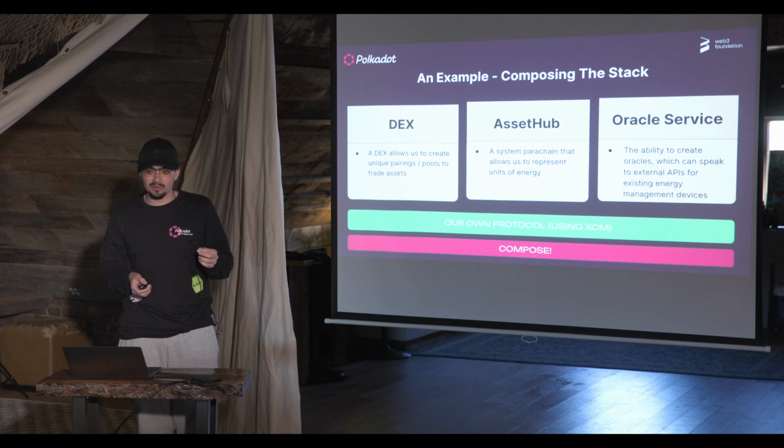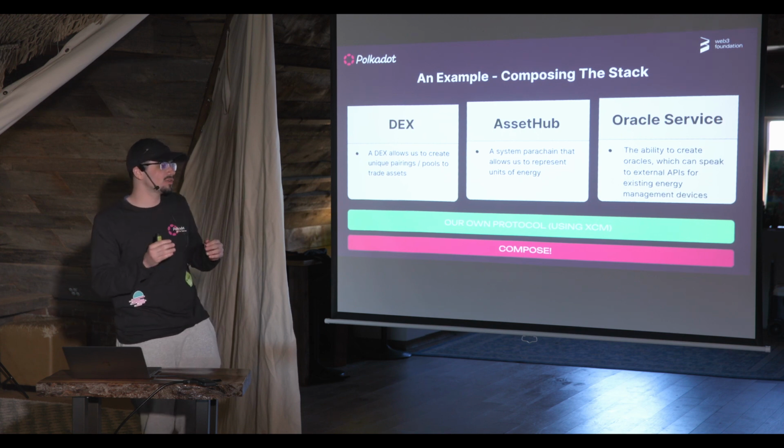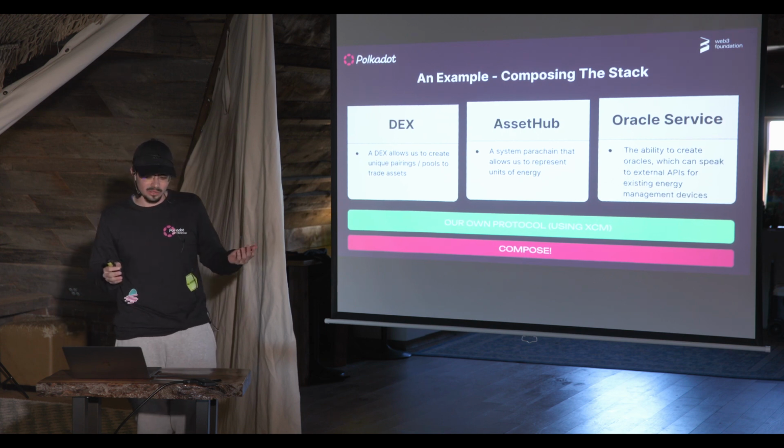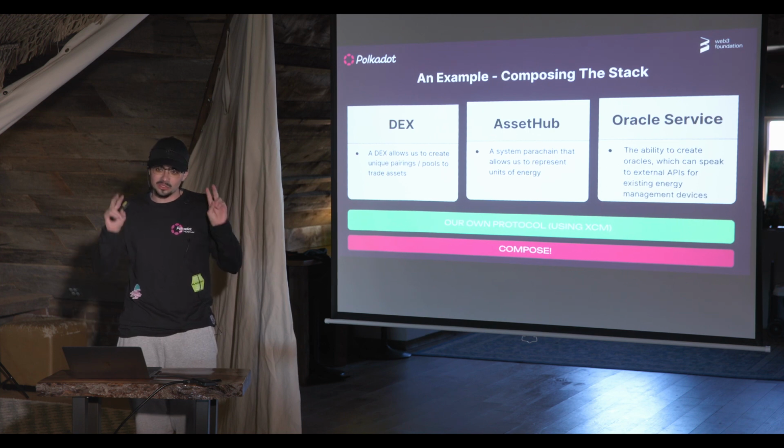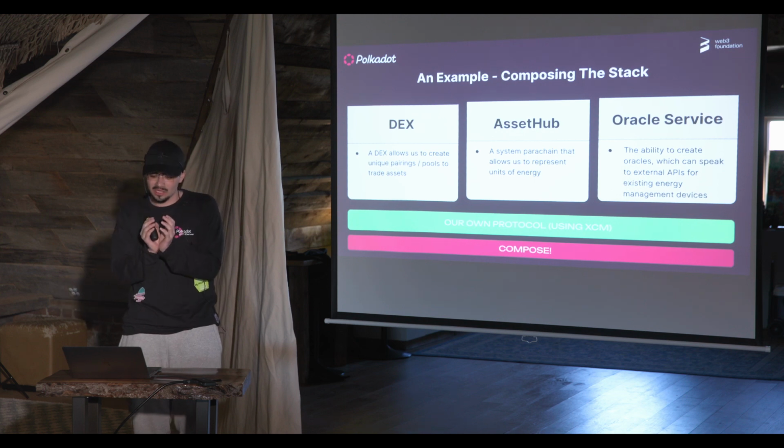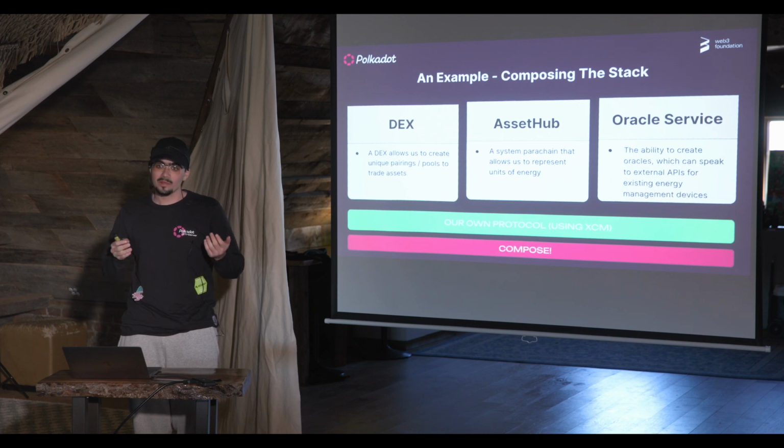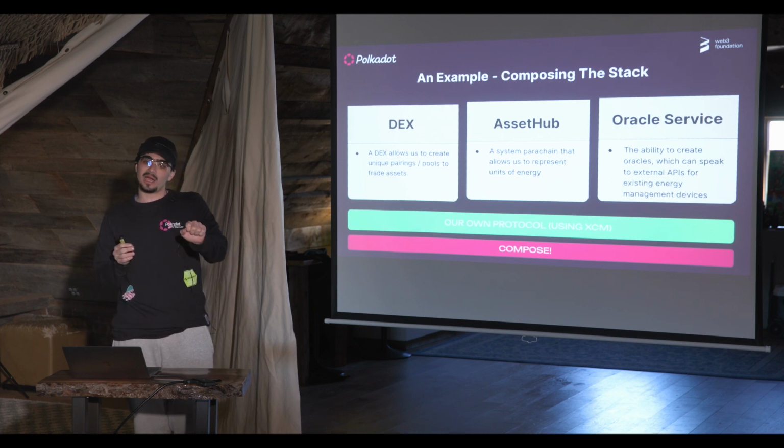And this is an example of services that exist on Polkadot that you can use to build something like this. So you could use a DEX to list these units of energy and exchange them for whatever. You can use Asset Hub to actually create the asset representation itself. Then you could use an Oracle service, something like Acurast or Phala, and actually get data from IoT devices,